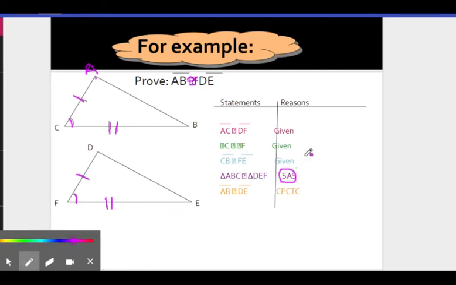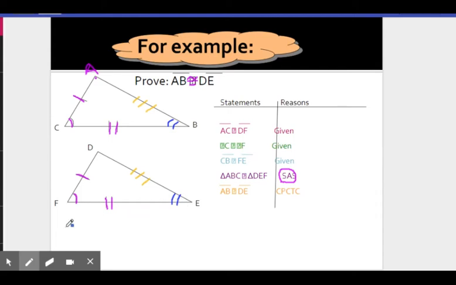Now that we've shown that the 2 triangles are exactly the same, well, that means all the other matching parts would also be the same. That would mean that since AB would match and line up with DE, if we kind of translated that top triangle downwards, we can say that those two sides are congruent. You could even extend this and instead say that angle B is congruent to angle E because of those being